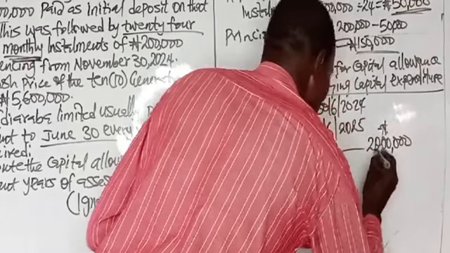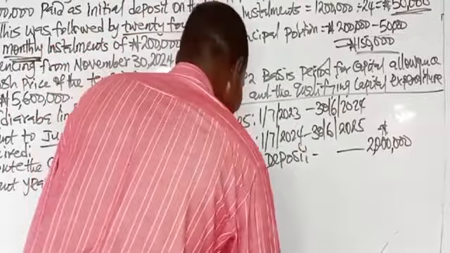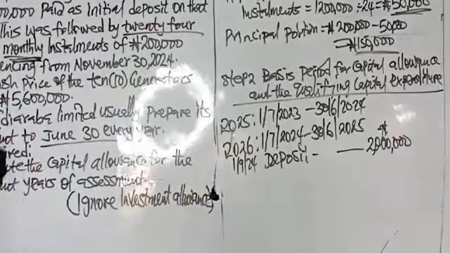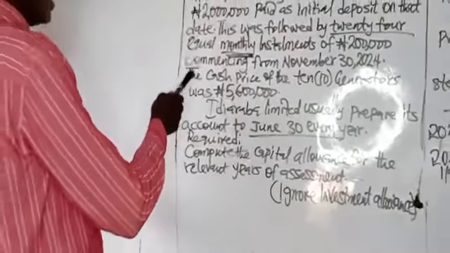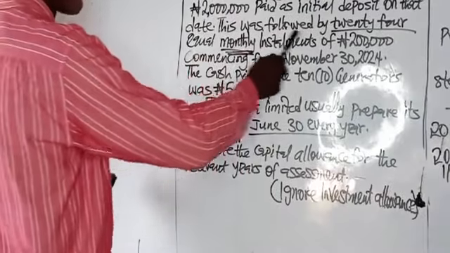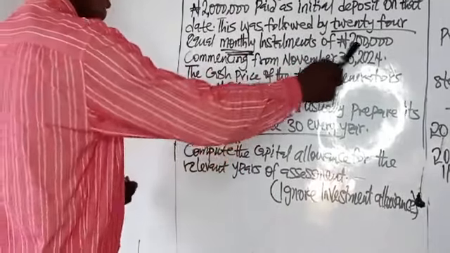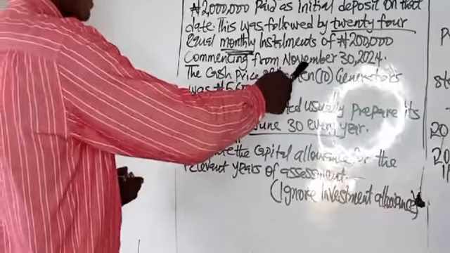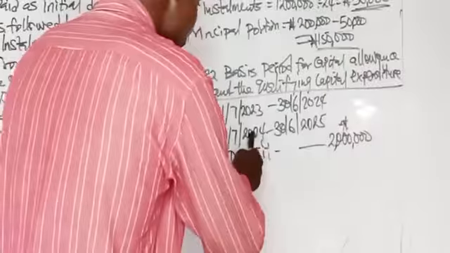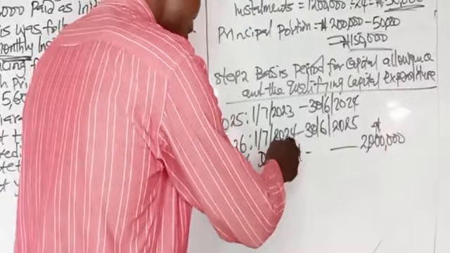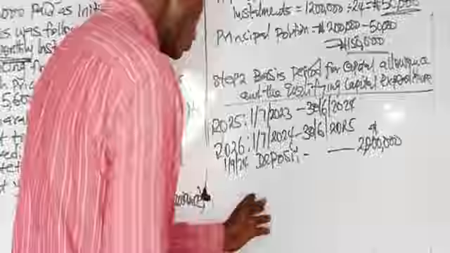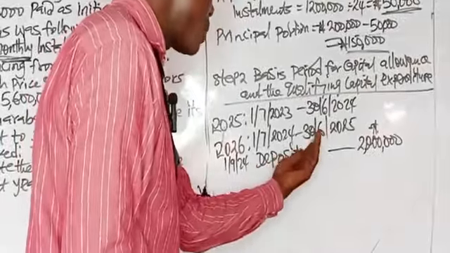Deposit of 2 million. Then installments. Installments commenced when? Initial deposits of that date. This was followed by 24 equal monthly installments of 200,000 commencing from November 30, 2024. November 30, 2024 is part of this period. Now, count from November 30, 2024 to June 2025 to know the number of installments that will be reckoned with